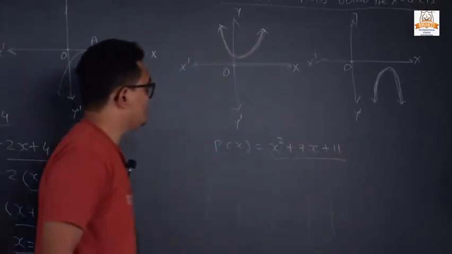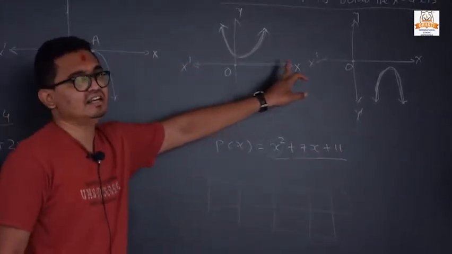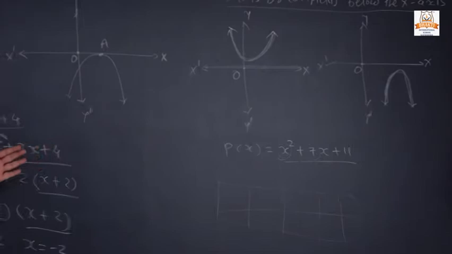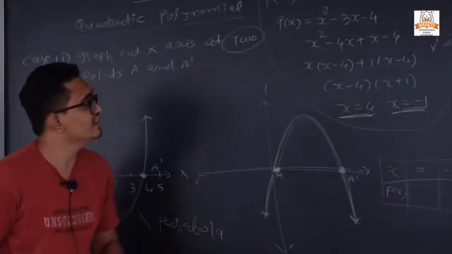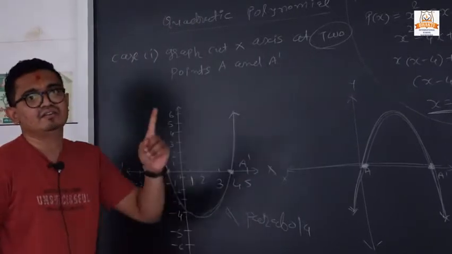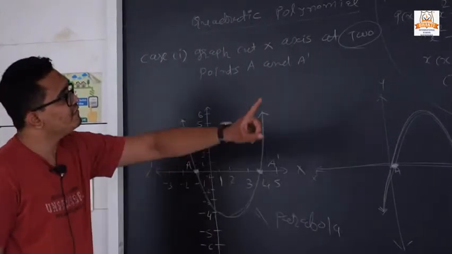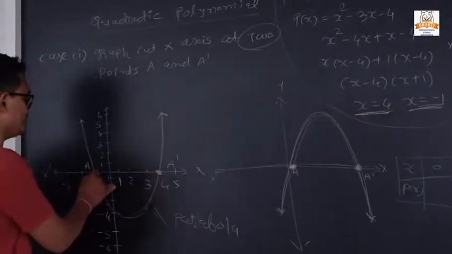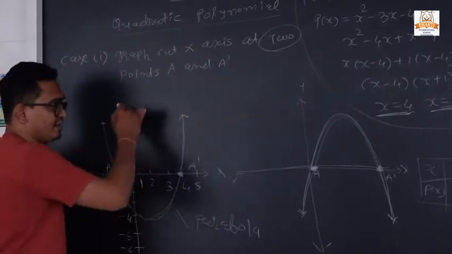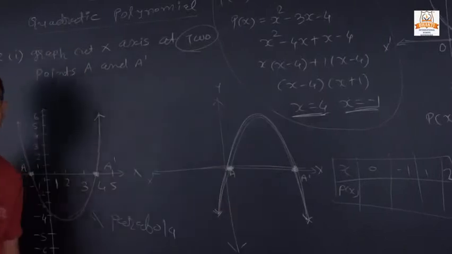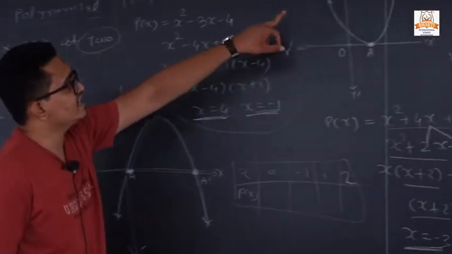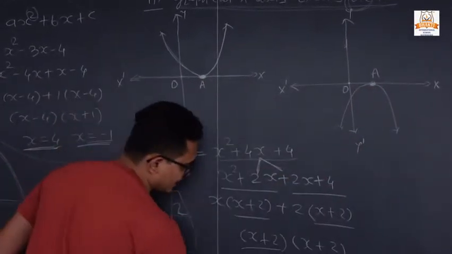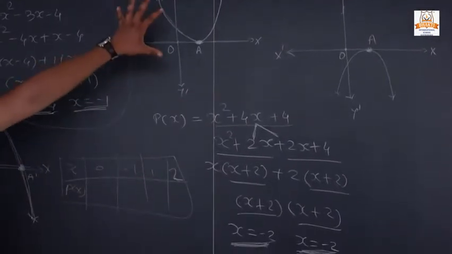So in the third case, what happened? They do not cut our x axis. It is either above or below the x axis. Now you can see case number 1, 2 and 3. In case number 1, if we find the real roots of the quadratic polynomial, they have different roots, so they are cutting at two different points. Either it is an upper side parabola or a lower side parabola. In the second case, they cut exactly at one point, because both have the same value of x.